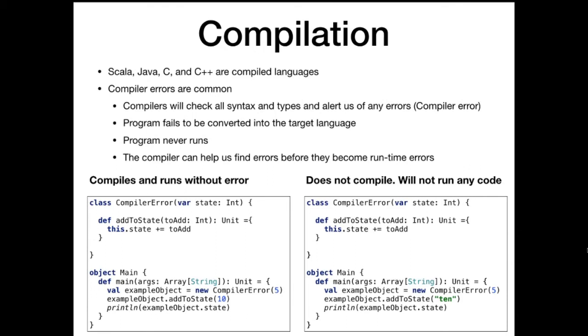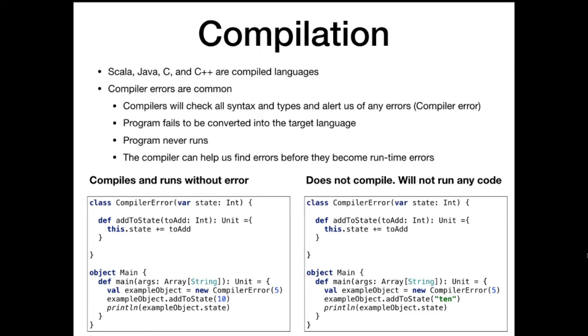These are compiled languages, and when we compile our code, a program called the compiler is going to look at all of our code, our entire program in its entirety, and check everything for us. It's going to double check to make sure we don't add incompatible types. It's going to check all of our types to make sure our methods are returning the right types. It's going to do a lot of optimization as it's converting this code, and just look over everything for us.